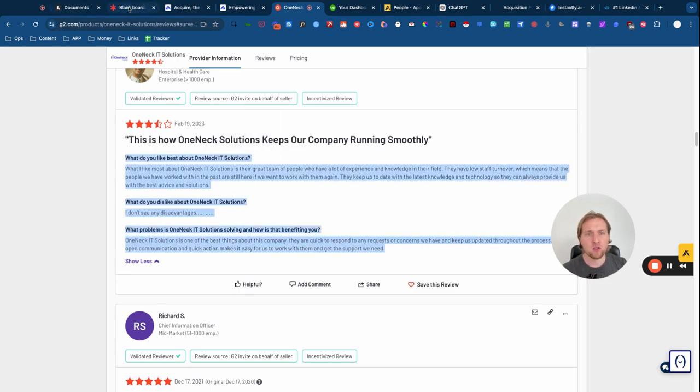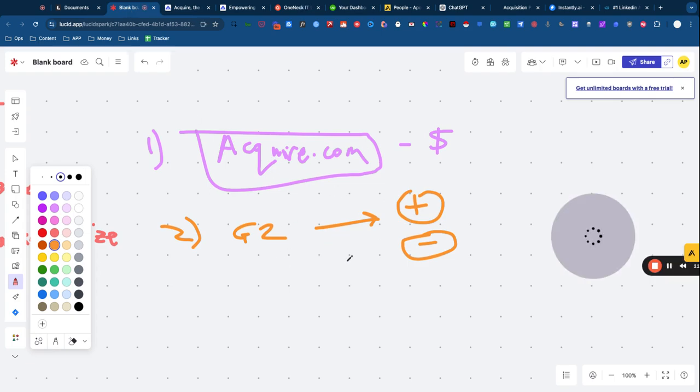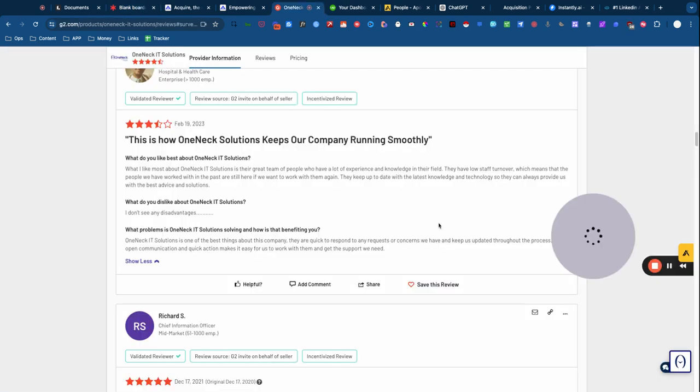Now, once you've gone to G2 and you've looked at the types of reviews, the next thing that I do is I go to Upwork, okay? And the reason that I go to Upwork is because as an entrepreneur, I don't want to become an expert at delivering IT solutions. I want to be the individual who's found the vein of gold. I've had a creative idea, I found an opportunity, and I want to make sure that there's actually people in the marketplace who are skilled enough to deploy my vision and actually deliver my idea as a service. Okay, I don't want to be stuck behind a computer doing it myself. I want to leverage human capital. That's what I do as an entrepreneur.